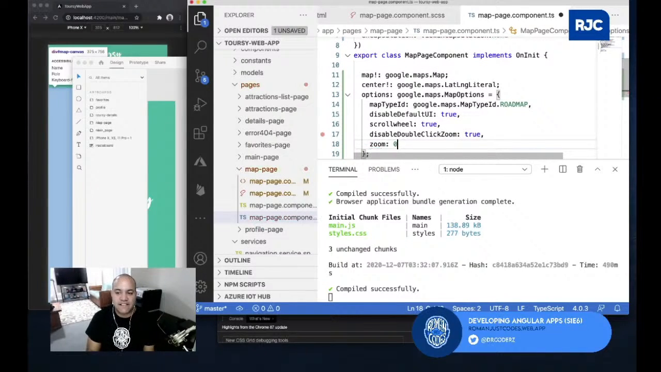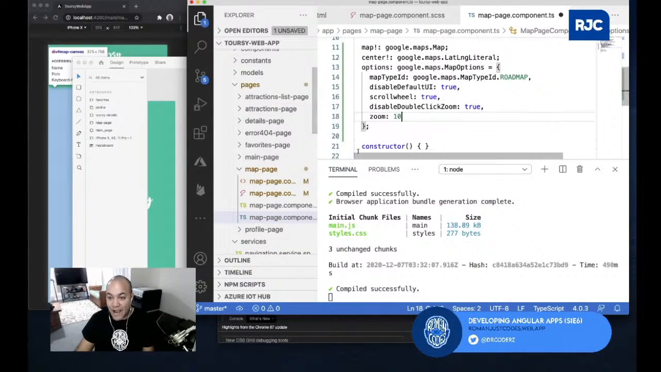If you do 0, that's like you're in the International Space Station probably. But if you do just zoom 0, that's what it is. So I'll do, for example, a 10, and let's take a look. Now, after you do that,